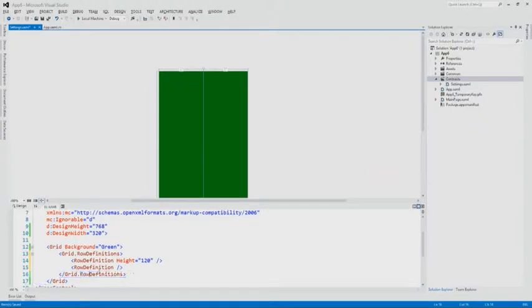Like, why is there no height on a column? Oh, because there is no height on a column. All right, so